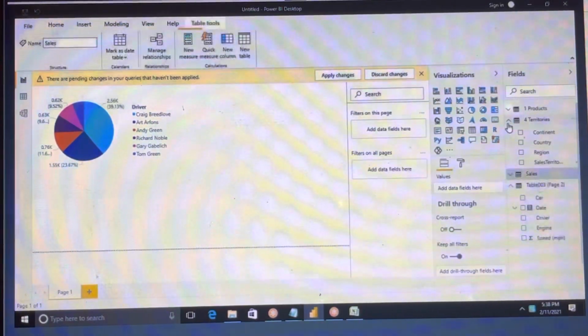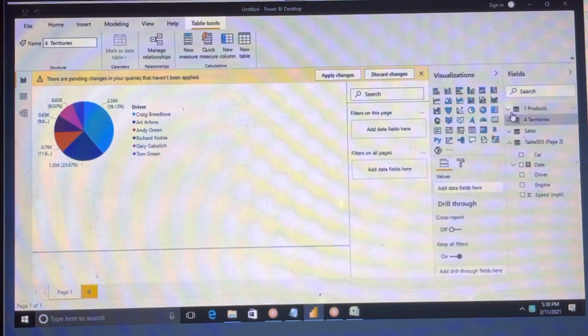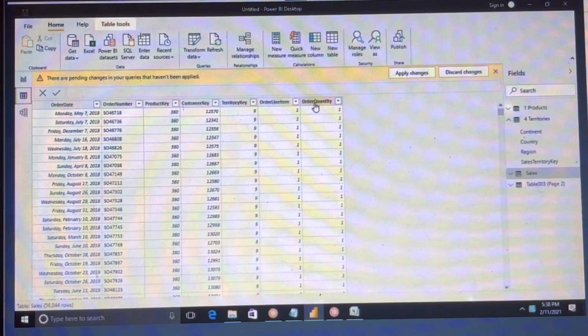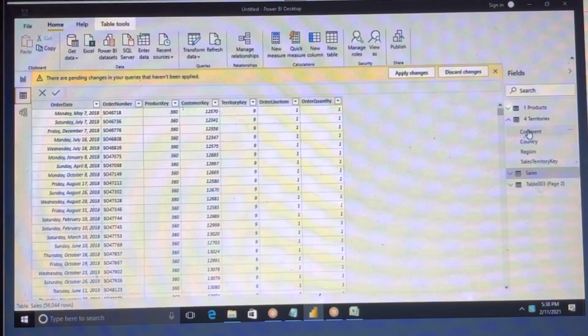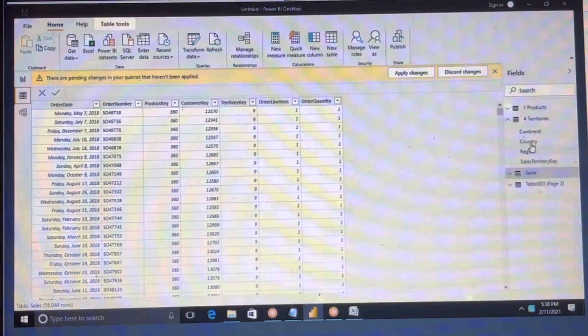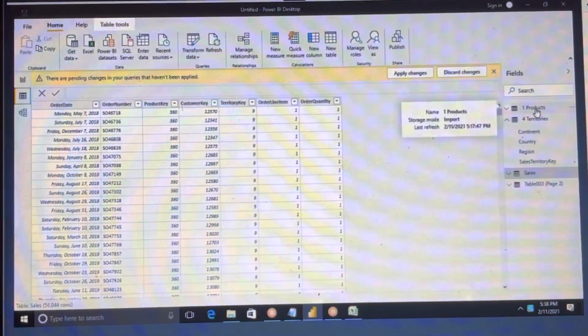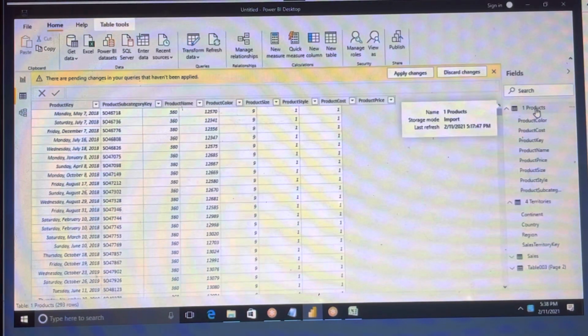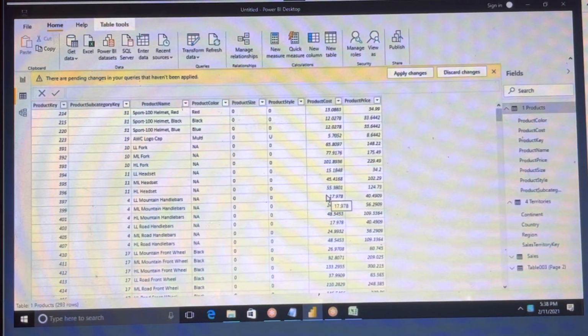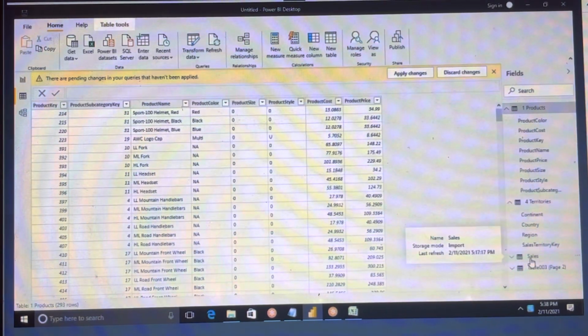So for now, see in the DAX function, let me open this one. For example, here order quantity is there, and then where is the sales? Okay, see the price is here. Price is from the products, and order quantity is from the sales query.